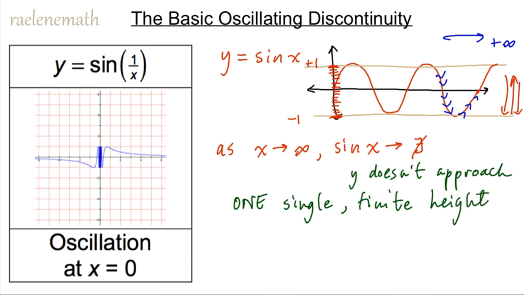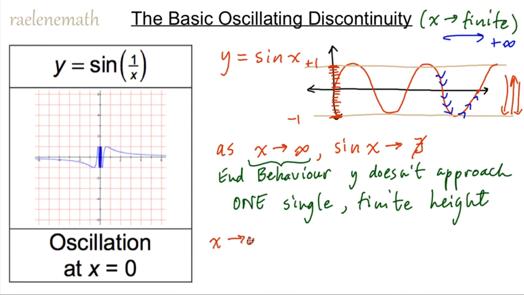What we talk about then for an oscillating discontinuity is different from when we talk about end behavior, because discontinuities don't occur at the ends when x approaches positive or negative infinity. Discontinuities occur when x approaches a finite number. And so in this case, we see a discontinuity or a domain restriction for x equal to 0, and as x